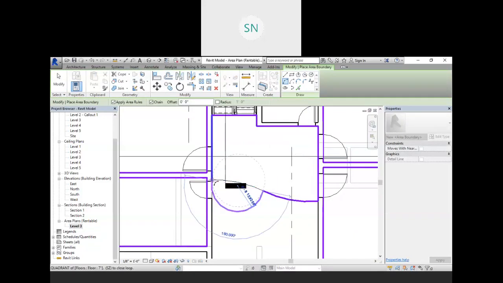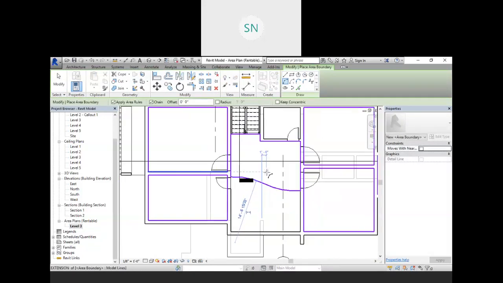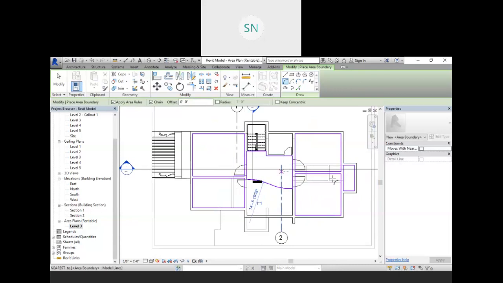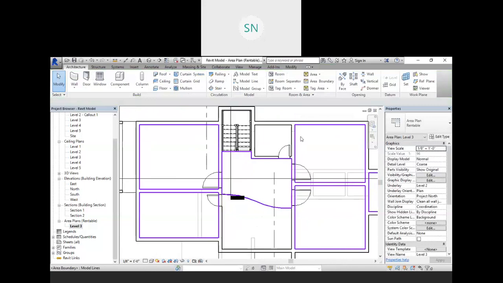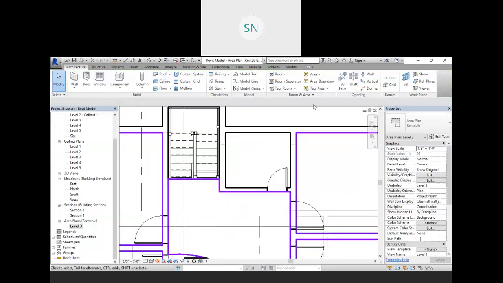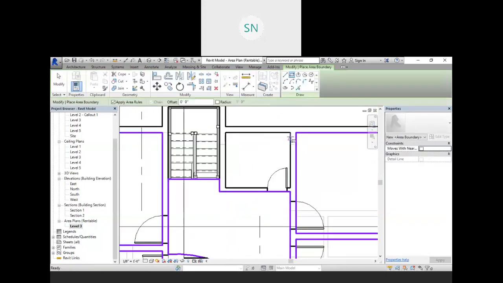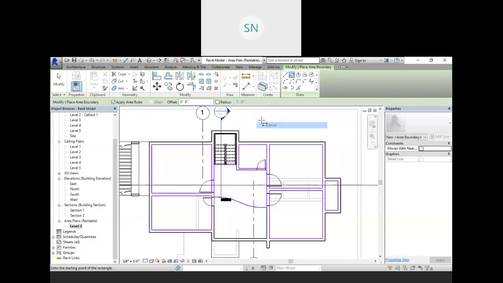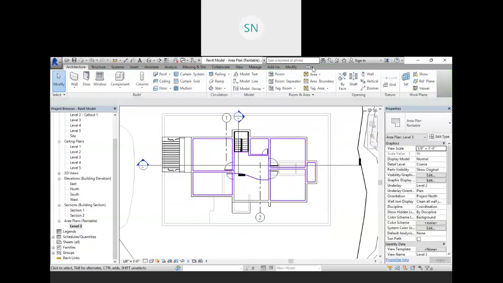Let me create it like this. Okay, so this is my areas. Okay, sorry, not area, these are just area boundaries. One more over here, click on the area boundary and this is my boundary. And then click on the area again and here we need to convert these boundaries into area now, right?